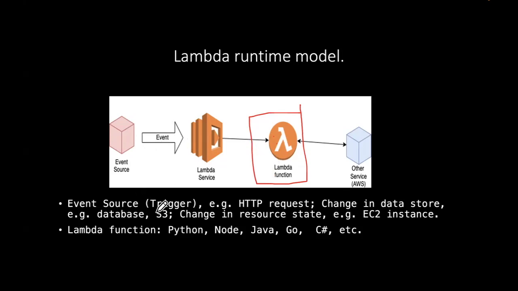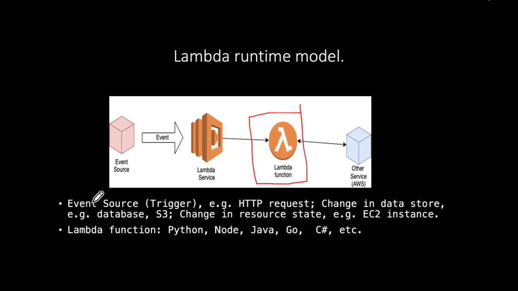and that kicks off this whole process. Or the event could be, if this was an S3 bucket and a new file was uploaded to the bucket, and the S3 service is now creating the event and passing it to the Lambda service. Now, in our infrastructure code, we would have to describe the relationship between the S3 bucket and the triggering of our Lambda. That is something we have to describe at the infrastructure level. And we will see that later on.